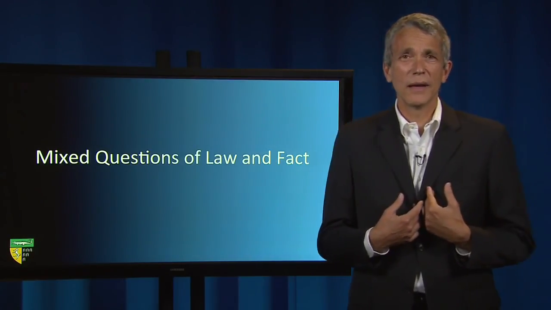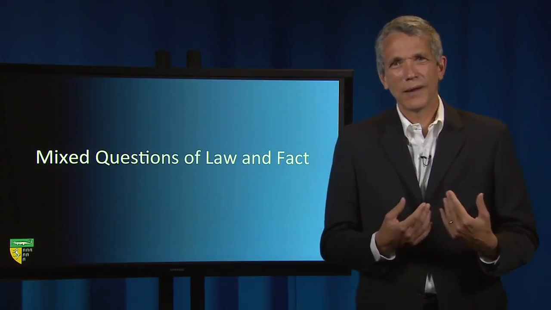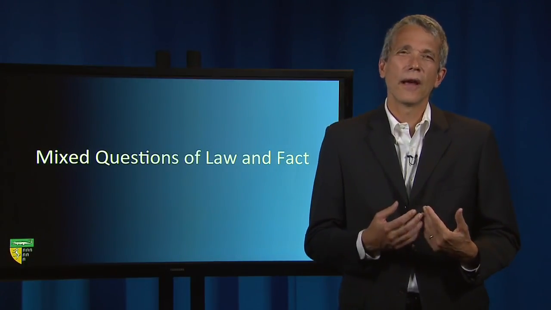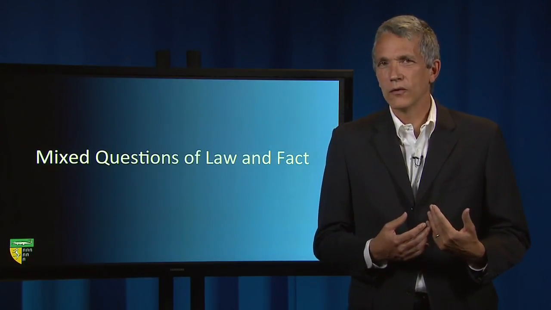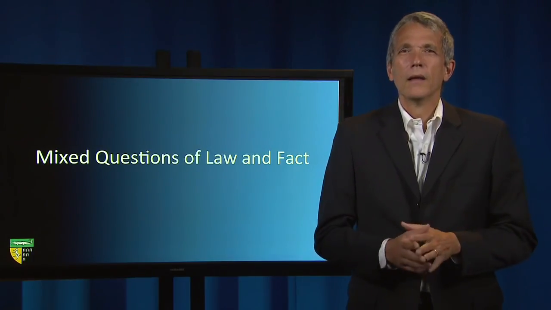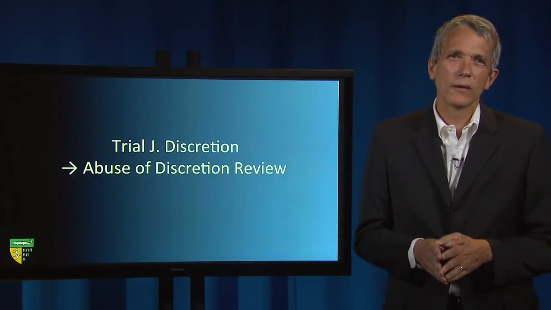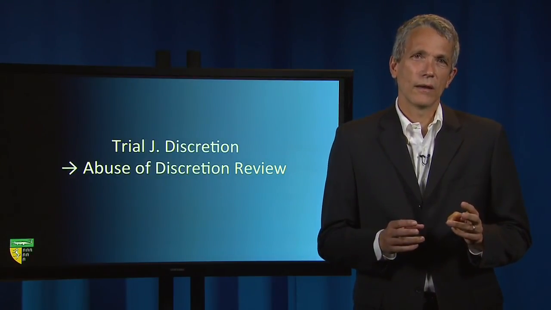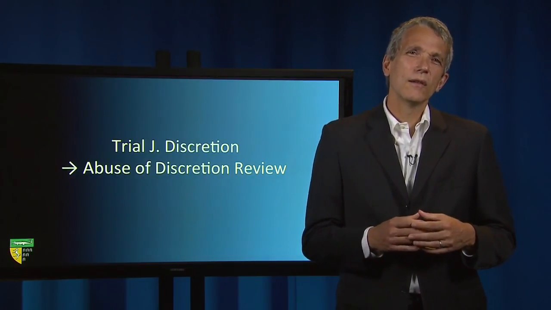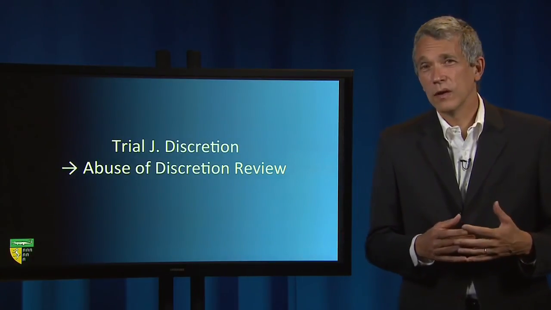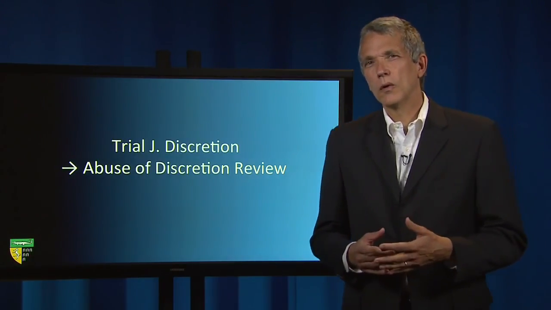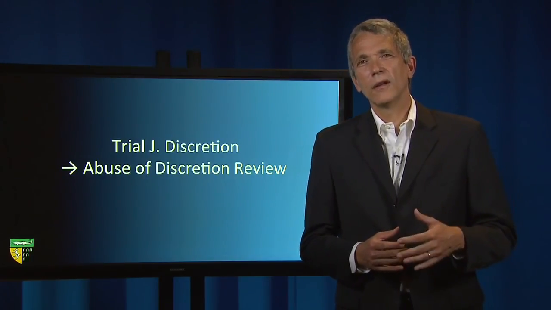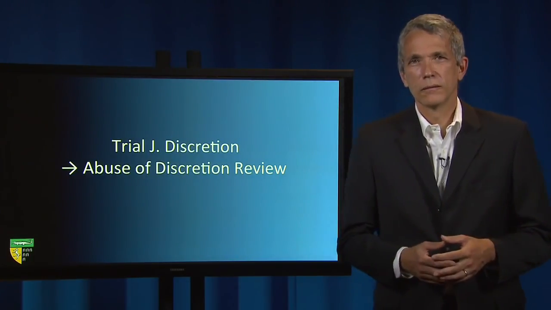Or the realist in me suspects that courts might apply a sliding scale of deference depending on the extent to which factual questions or legal questions predominate. There's one last important standard of review, and that is the abuse of discretion standard. When a judge is given the discretion to do something, such as issue an injunction, an appellate court will only overturn that action if it determines that the original act was an abuse of discretion.